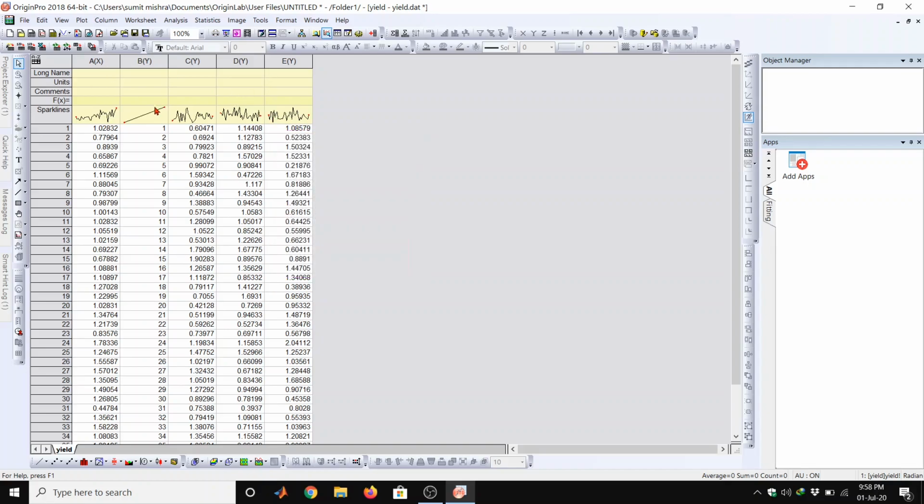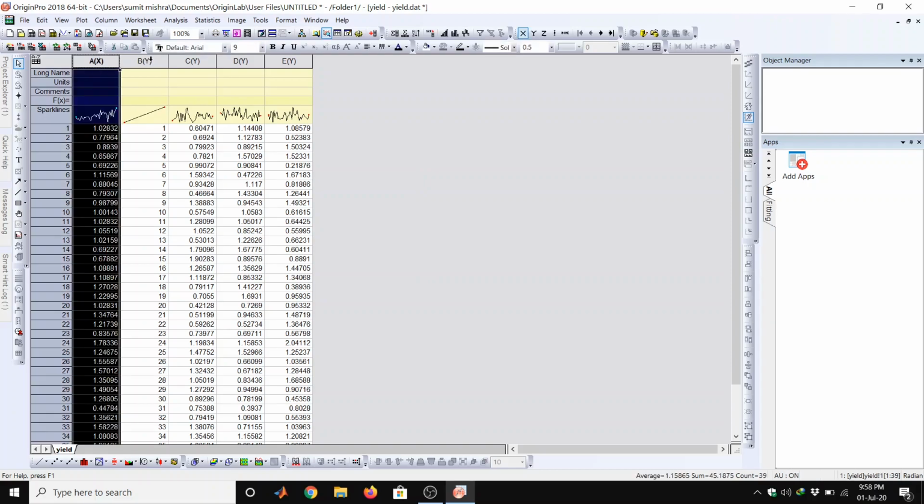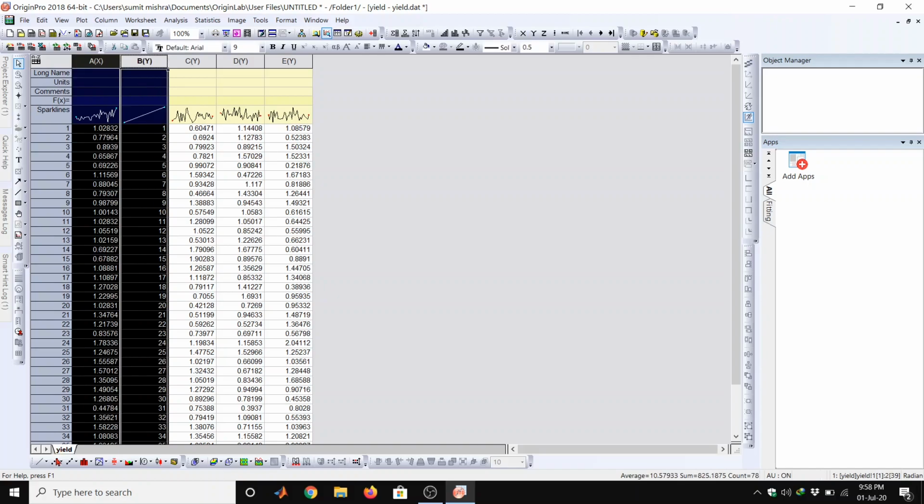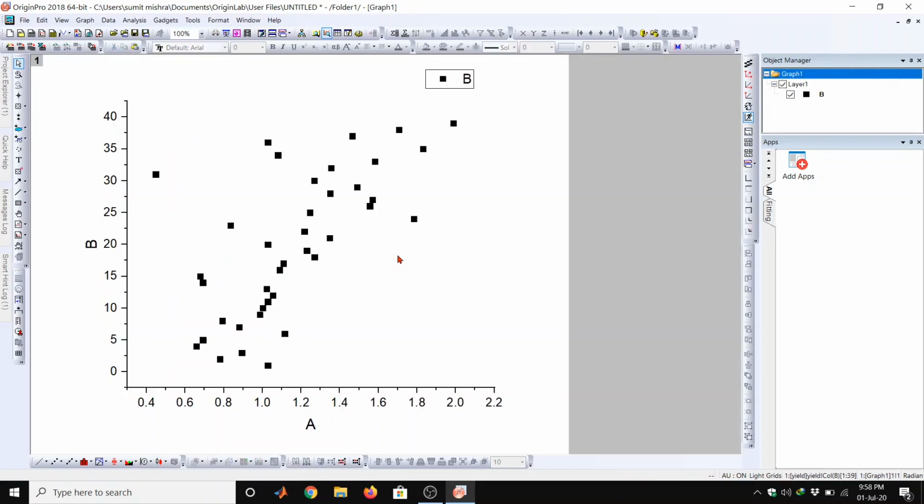So you can also select whatever columns you want to use. So suppose if I want to plot only these two columns, then you can select scatter plot also. So this is distribution of your data.